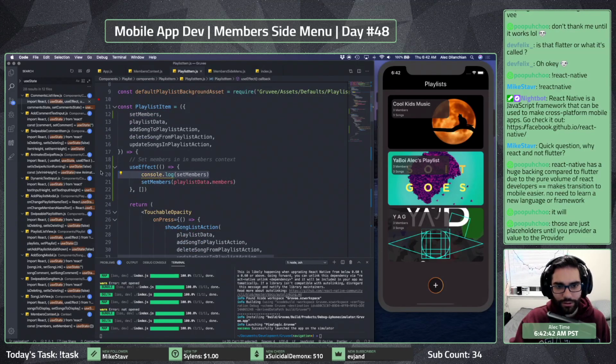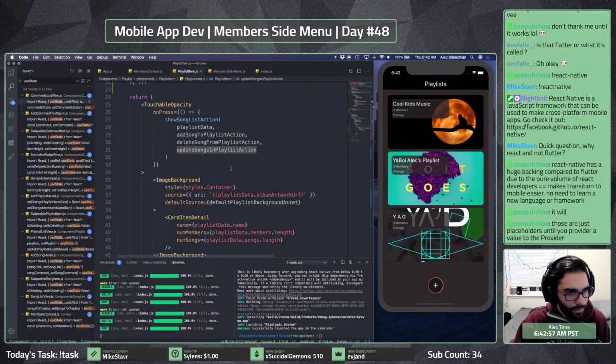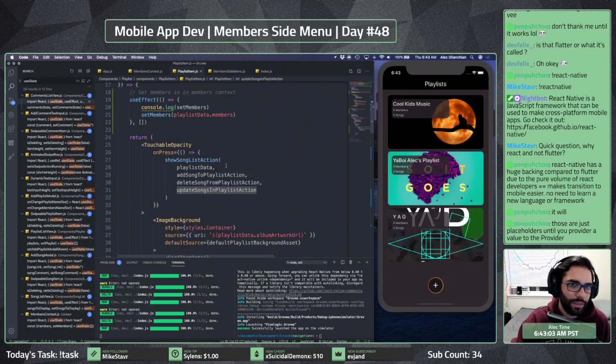And on initial setup, when I render a playlist item, there's just a placeholder until you provide a value to the provider. That's what I thought.